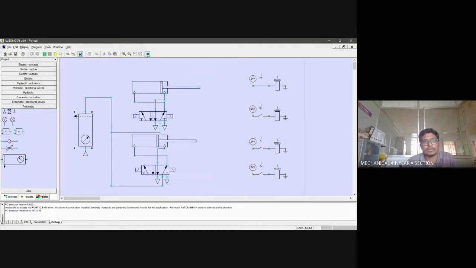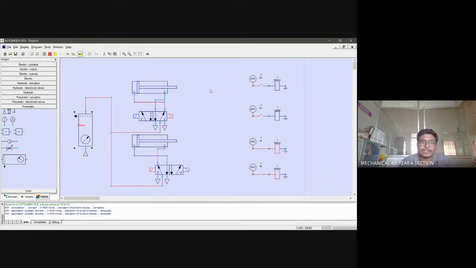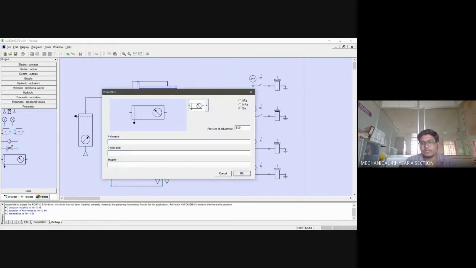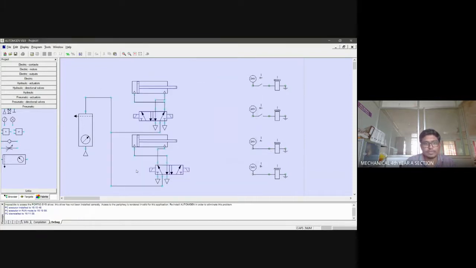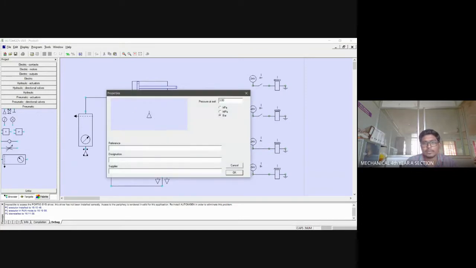Let us wait and see. This pressure is not sufficient to move the piston from blank into rod. So let's give 4 bar pressure.